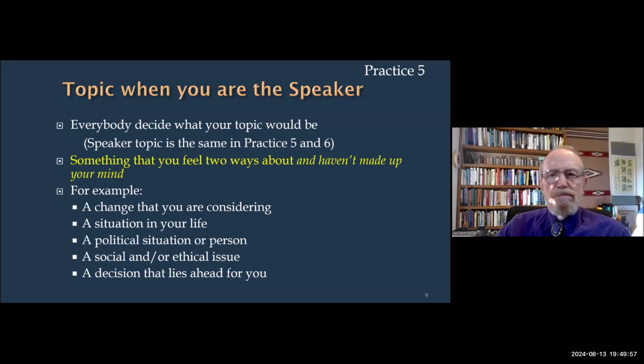Can be a political issue or a moral issue or a politician or whatever. Can be some social ethical issue, some decision that lies ahead for you, whatever, just something that's okay to talk about with 3 other people. But it's something that you're ambivalent about. You're kind of drawn in 2 different directions and really haven't made up your mind yet.